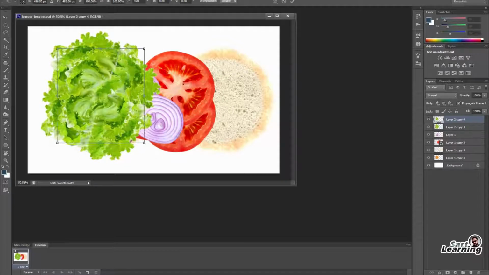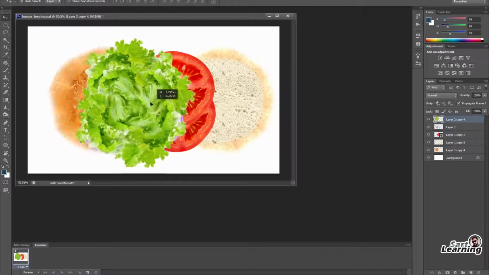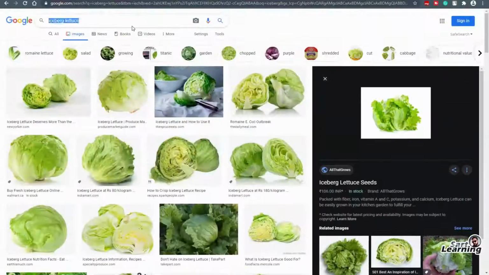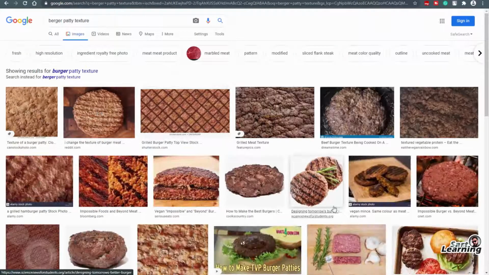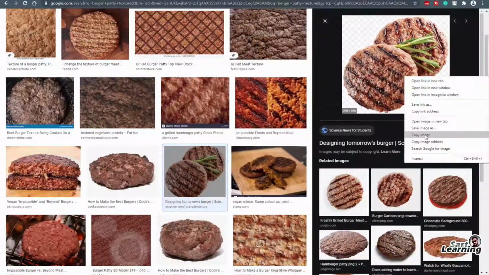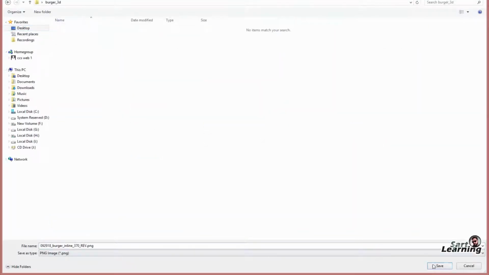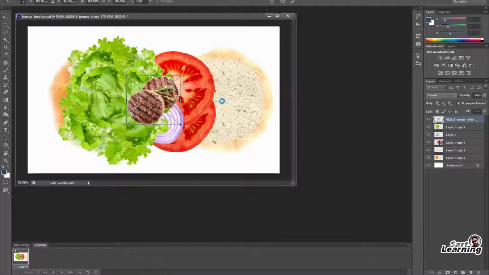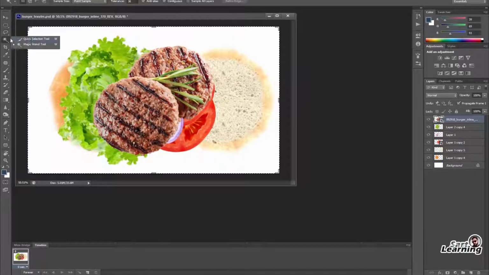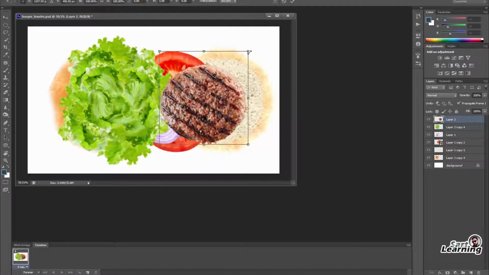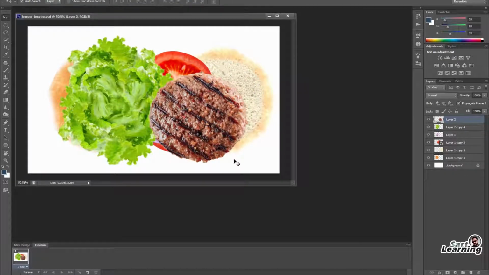Almost my texture is ready of the bun, but there is a patty for the burger, so I take this texture image, save this image because this is already in PNG, so I drag it in the surface and select only the one patty because I want only one patty to duplicate. So this is the patty for my burger.